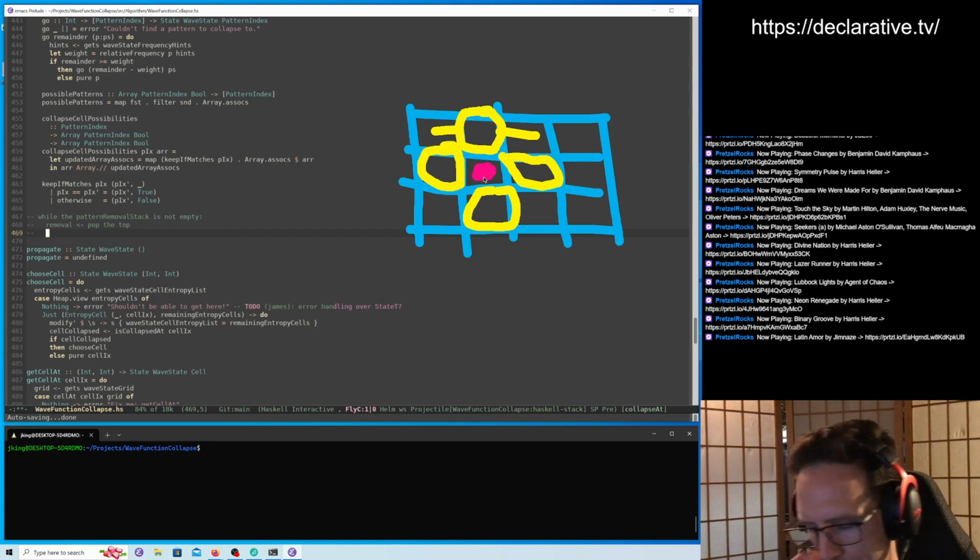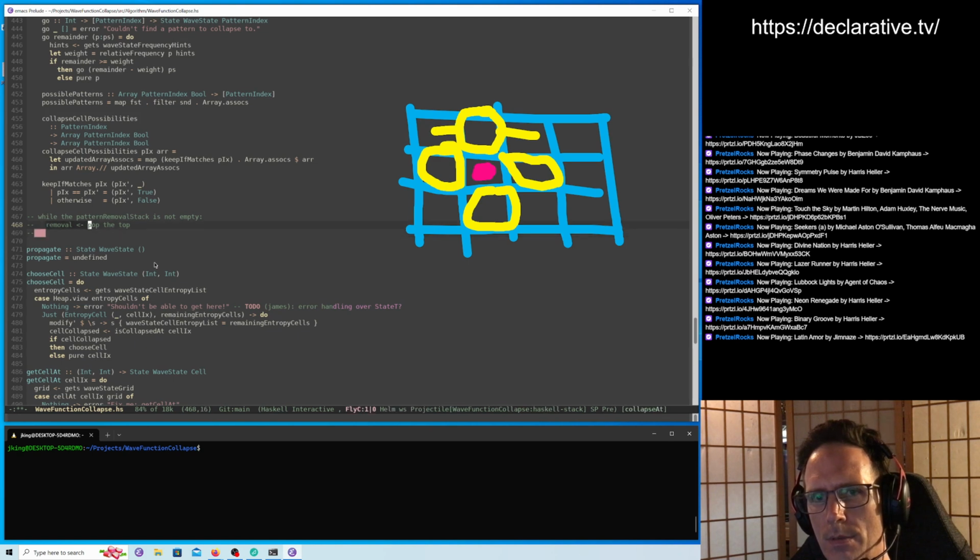Now the question remains how to figure out, so we could push each of those on to the stack. All right. We take the removal, we remove it, we've got to get the pattern to remove and a cell index. And then we have to, for each direction,